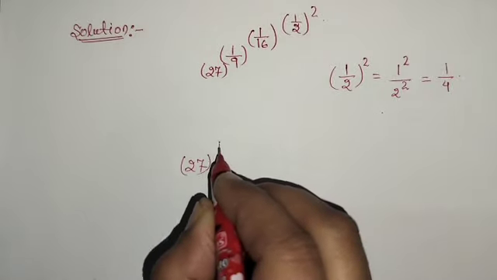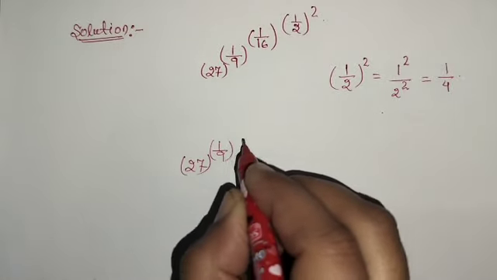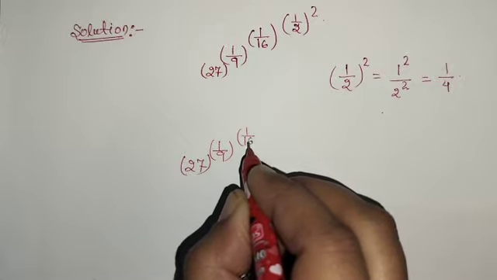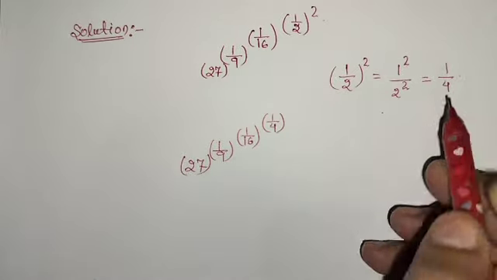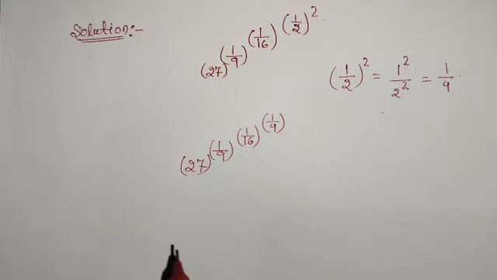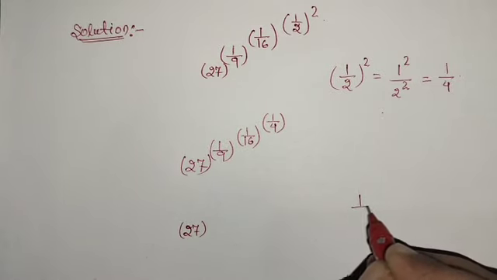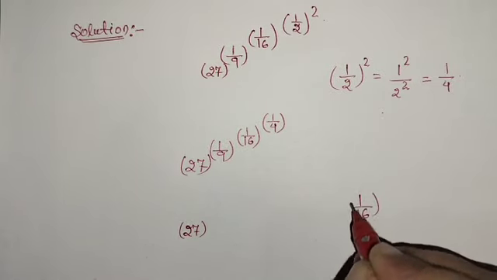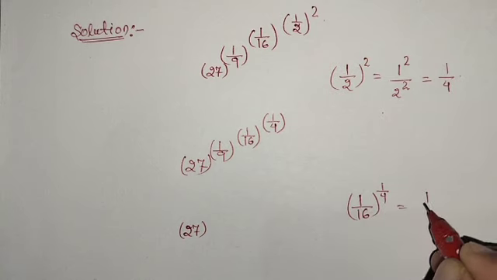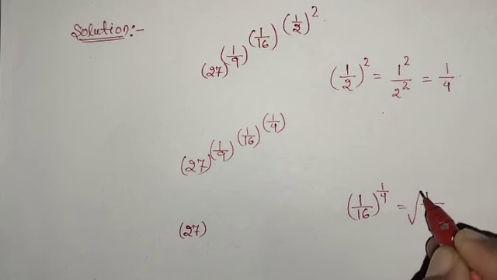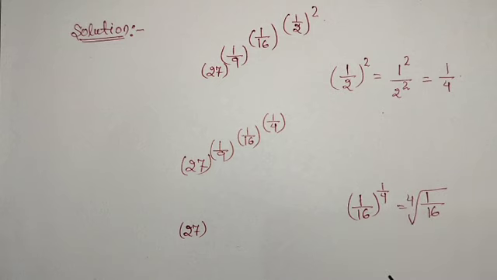27 whole to the power 1 by 9 whole to the power 1 by 16 whole to the power 1 by 4. Yes, we apply this rule. Then the next step is 27 to the power 1 by 9 to the power 1 by 16 whole to the power 1 by 4. It means 1 by 16 root 4. Yes, then it is